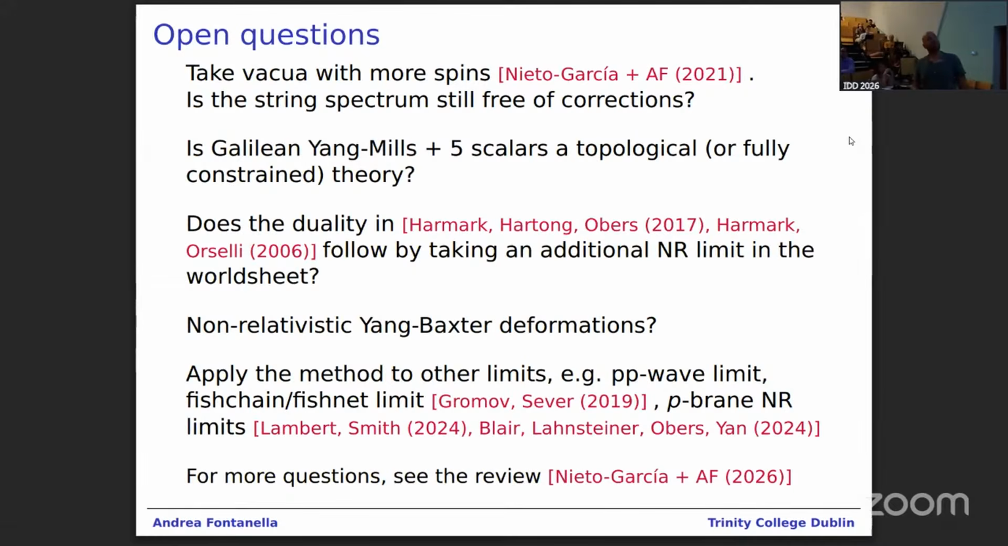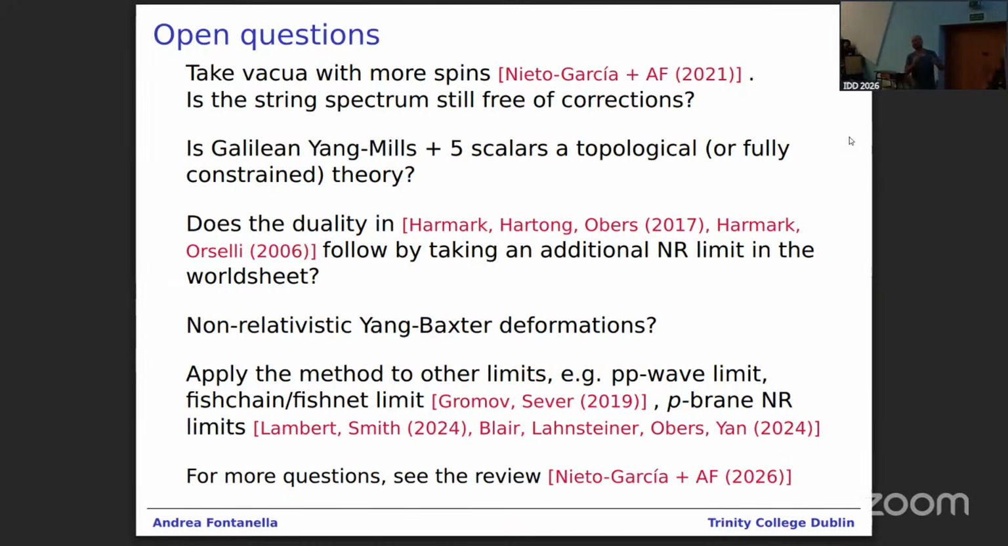So another open question you can ask is, okay, we looked at the folded BMN vacuum for the moment. What about a more complicated vacuum? Because the non-relativistic action allows for more complicated vacua with more spins, as we worked out here. So the question you can ask is, is the string spectrum around those more complicated vacua still free of corrections? Because if that turns out to be a yes, then you might start wondering if this Galilean Yang-Mills with the scalars is actually a topological, or better said, a fully constrained theory. Because then it would explain why you always have this kind of exact spectrum on